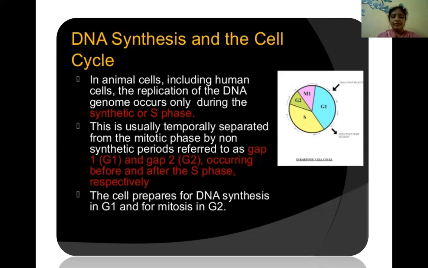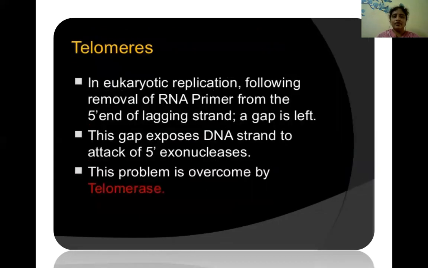The cell prepares for DNA synthesis in G1 phase and for mitosis in G2 phase. Telomeres. The telomere structure protects the integrity of a chromosome, which prevents the action of exonucleases and protects from end-to-end fusion of chromosomes. In the majority of normal cells, the telomeres gradually decrease in size from one division to another,